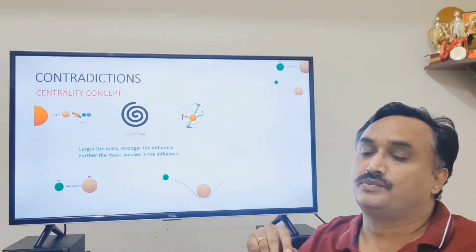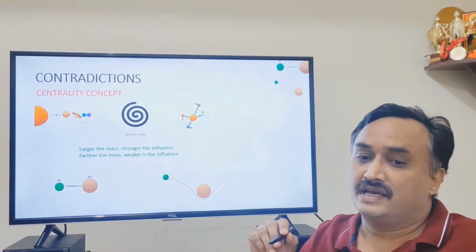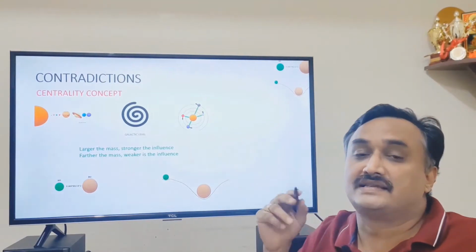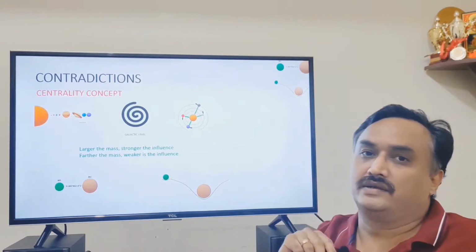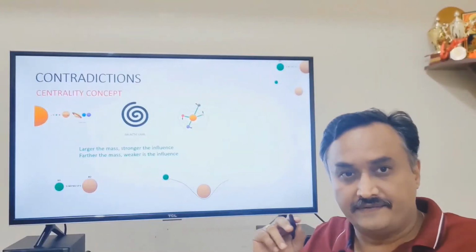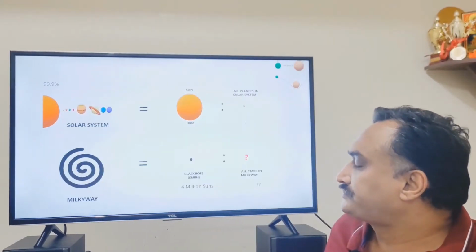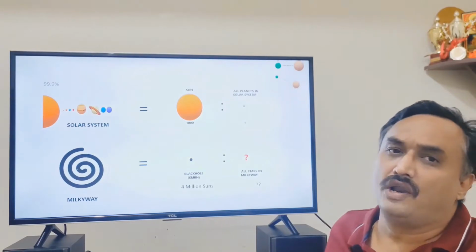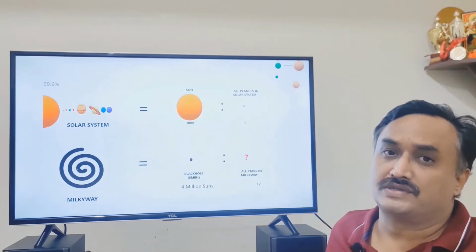And what we are trying to prove here is that central system, even if it is the reason why the system exists in the first place, if you remove it, it does not completely disappear. There is an effect, but it is not the way we think it is. So we are going to study all about the way mass is distributed in the solar system and the Milky Way, because they are the